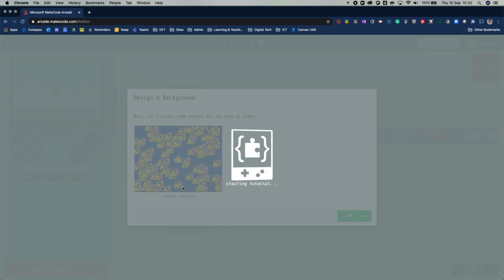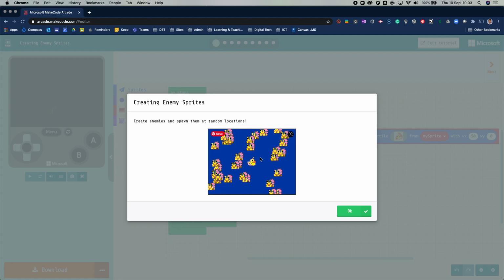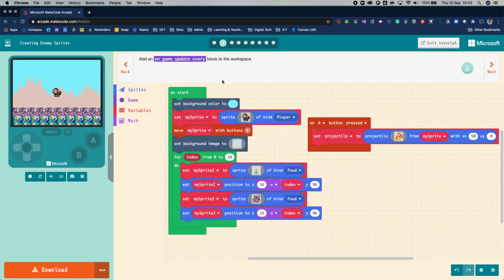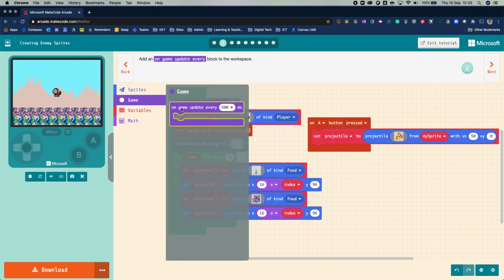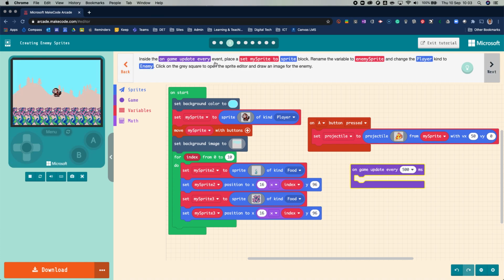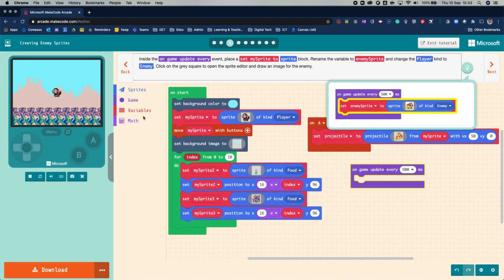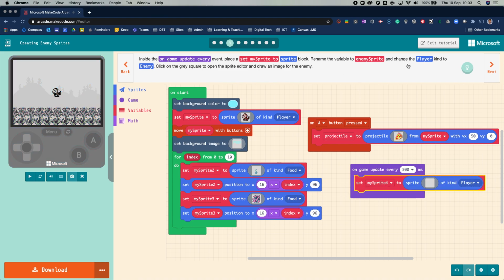So to create the enemies, it's obviously the objects you're fighting in the game. Open that up, and this will let you create your enemies and spawn them at random locations. So, add an on-game update every block to the workspace. So this one. So if you go to game, get that. Inside the on-game update every event, place a set my sprite to sprite block. That's this thing. So if you go to sprite and set my sprite to sprite block, rename the variable enemy